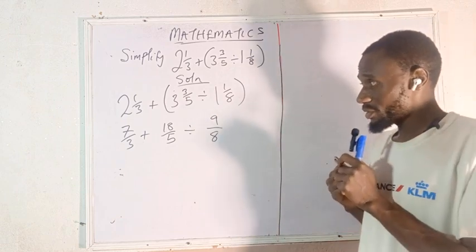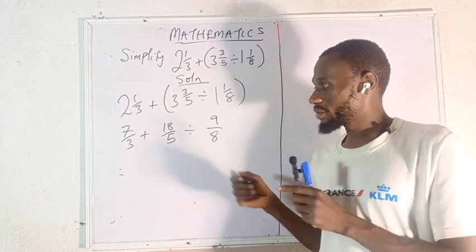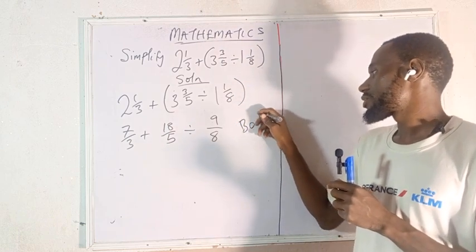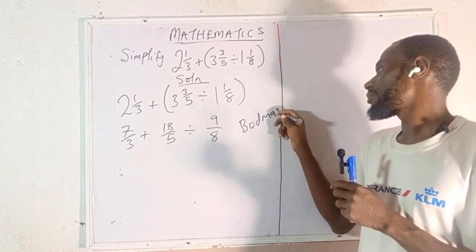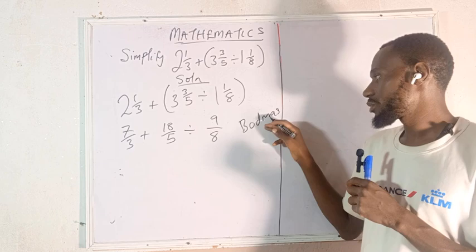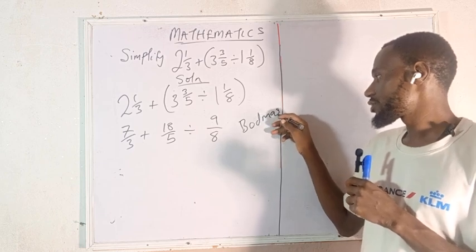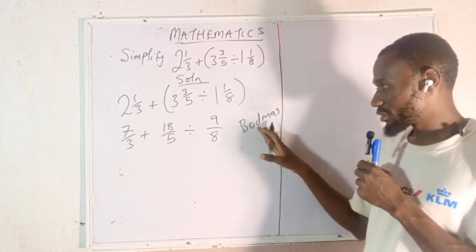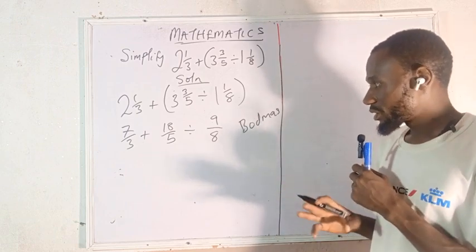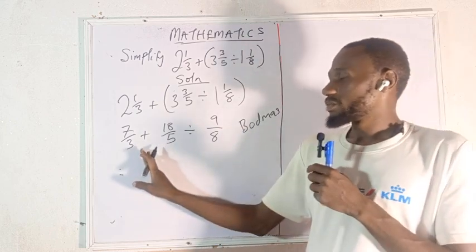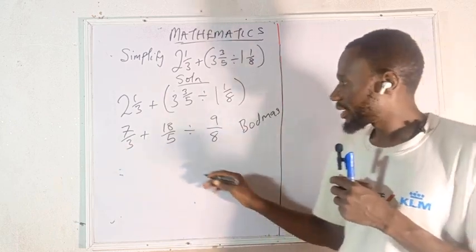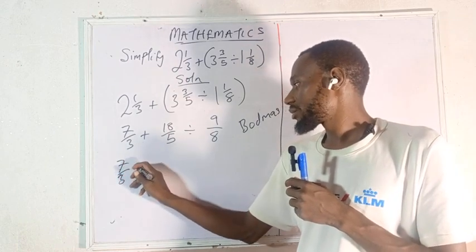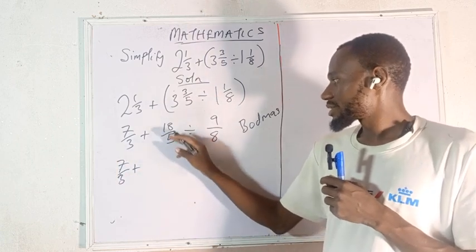The next stage, we are going to apply the rule of BODMAS, where we can see where it says BODMAS: bracket, of, division, multiplication, and addition, then subtraction. Now we are going to clear the division before the addition. Let's have 7/3 plus, this is